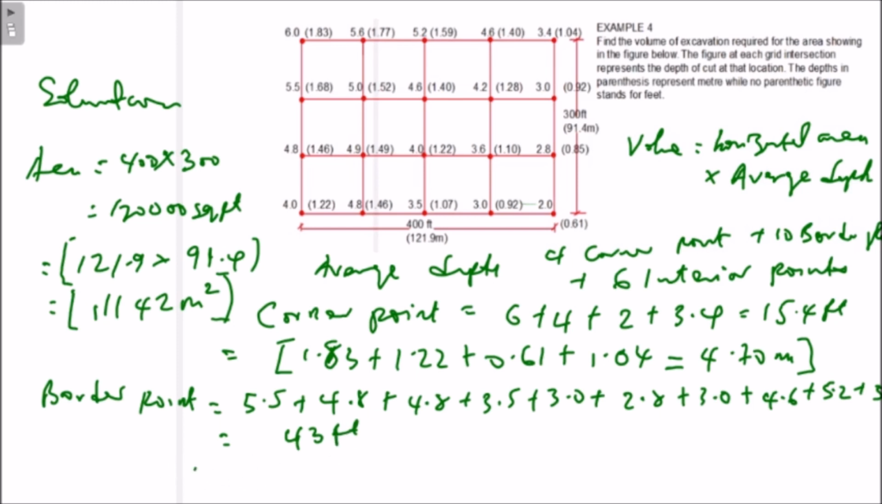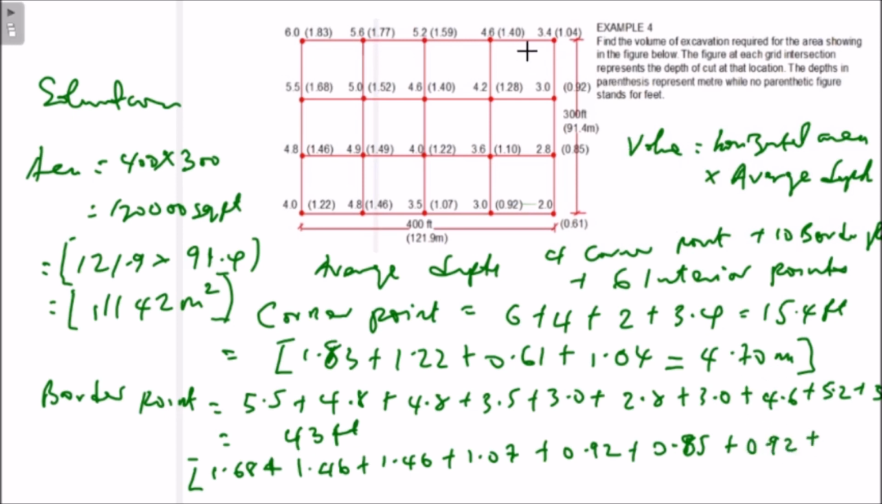So we can still do the same thing for the meter equivalent. For the meter equivalent, we have 1.68 plus 1.46 plus, we have 1.46 plus, here we have 1.07 plus, here we have 0.92 plus, here we have 0.85 plus 0.85 plus, we have 0.92 plus we have 1.40